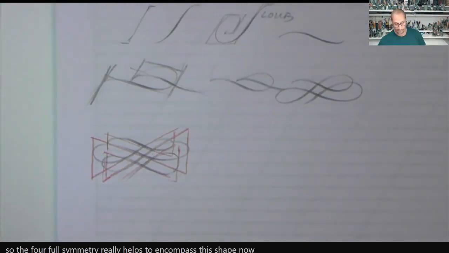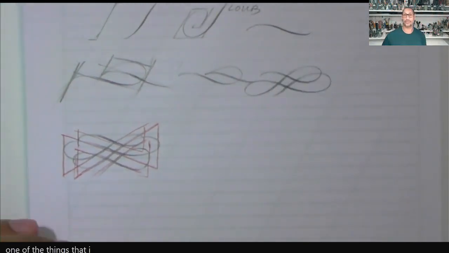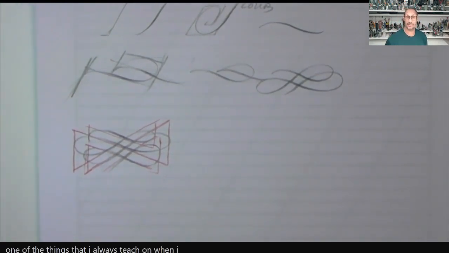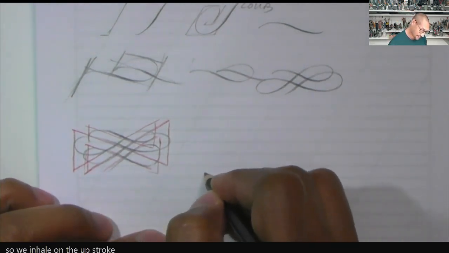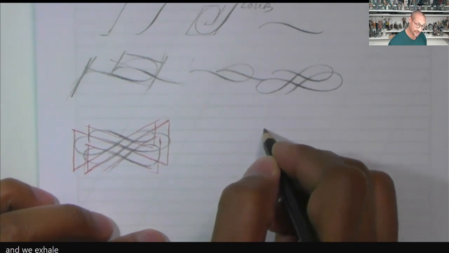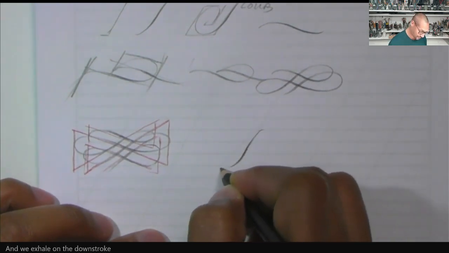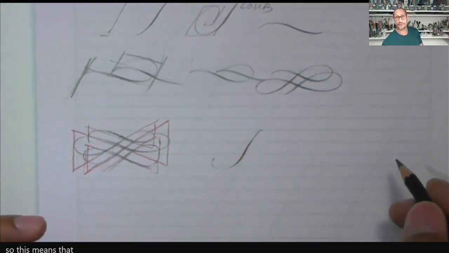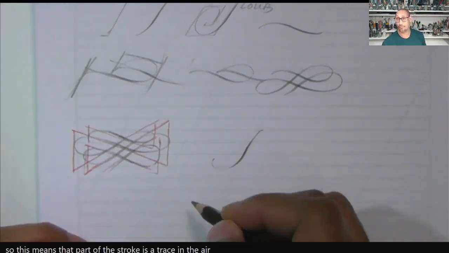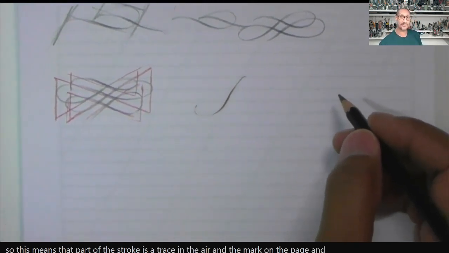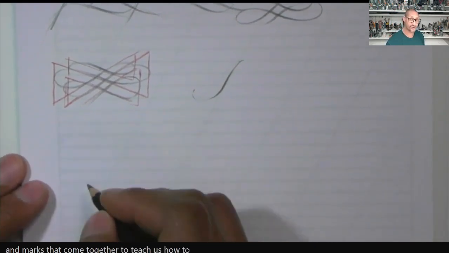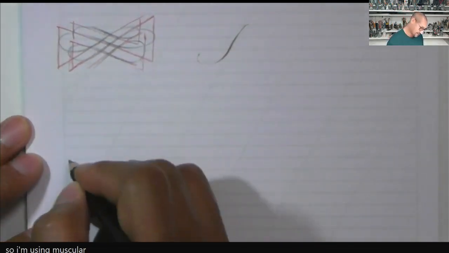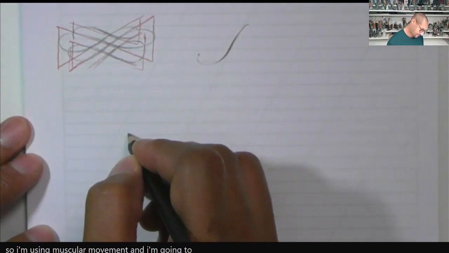Now, one of the things that I always teach on when I am teaching any of my scripts is the fact that our breath is so important. So we inhale on the upstroke and we exhale on the downstroke. So this means that part of the stroke is a trace in the air and a mark on the page. And it's this combination of traces and marks that come together to teach us how to flourish. So I'm using muscular movement, and I'm going to